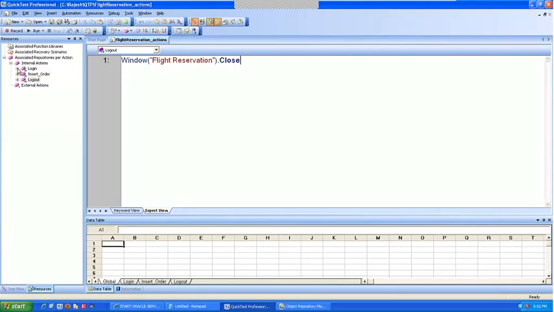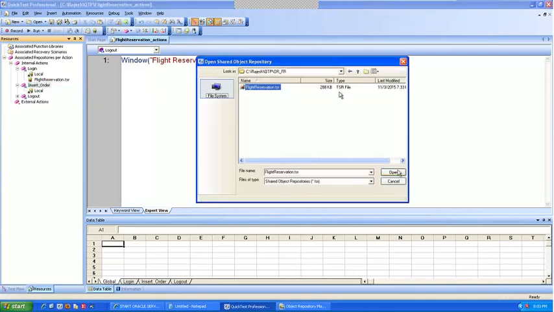Now, in these actions, if you expand, you see, for each and every action, a local object repository gets associated to it. So if you want to create multiple actions and use the script, then you have to associate your shared object repository to every action.